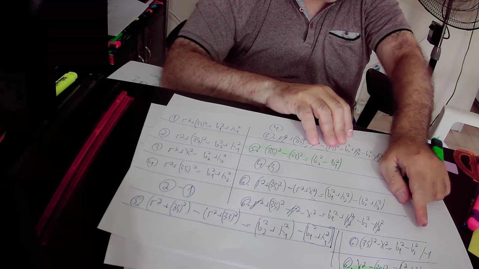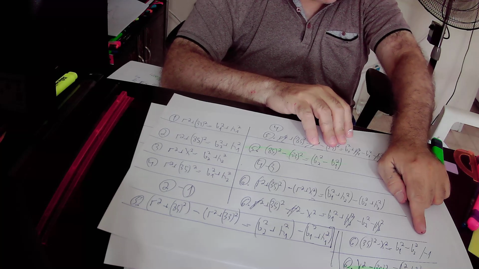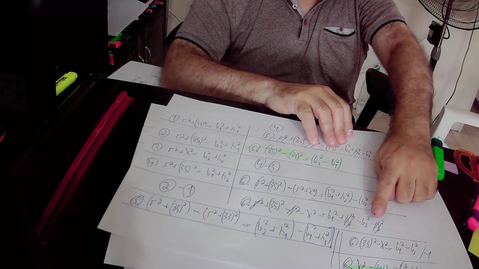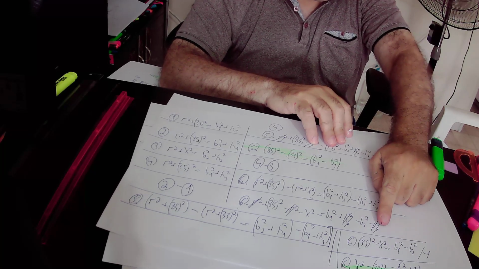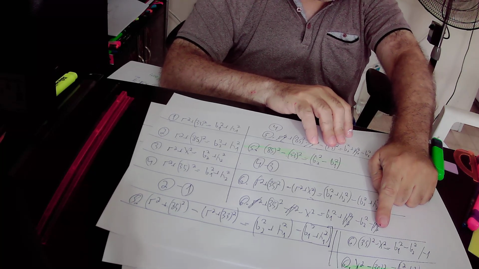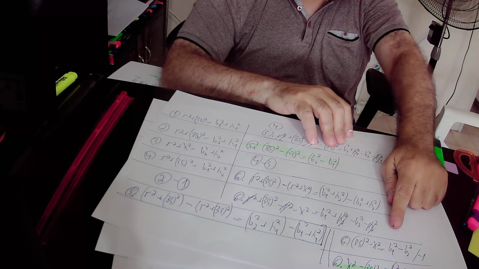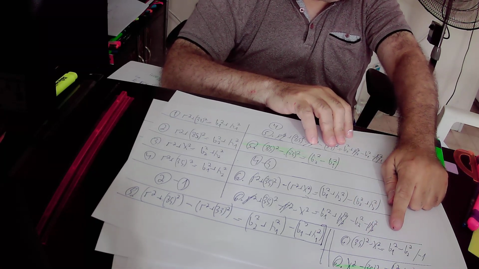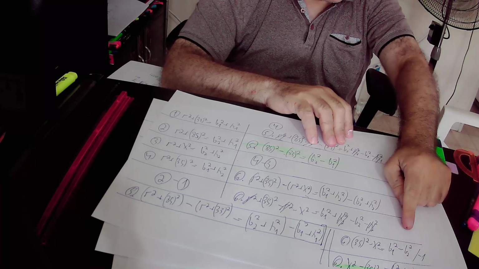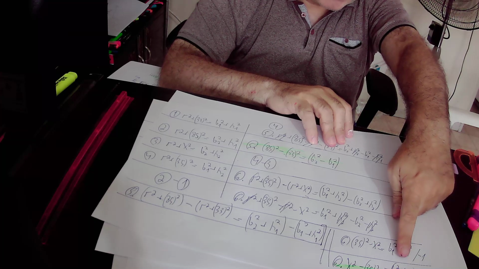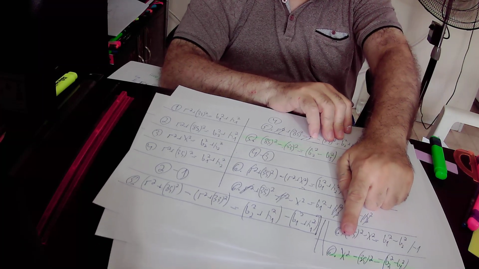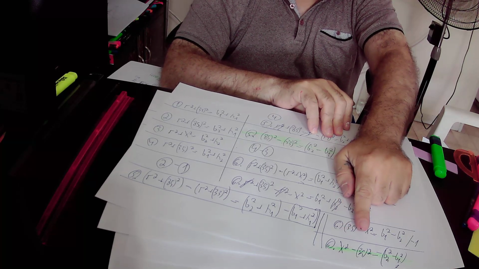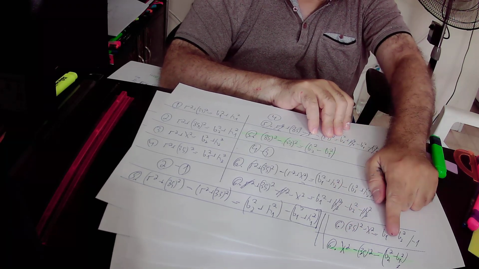Then we multiply equation number 6 by minus 1. 35 square times minus 1 is minus 35 square. Minus x square times minus 1 is plus x square. b1 square times minus 1 is minus b1 square. And minus b2 square times minus 1 is plus b2 square. So in conclusion, according to equation number 6, x square minus 35 square equals b2